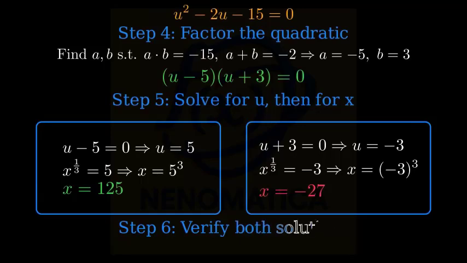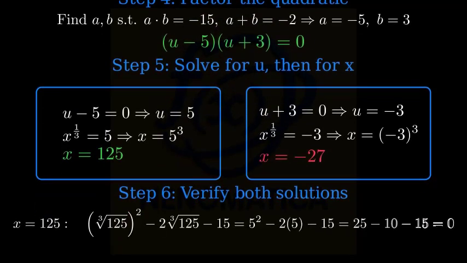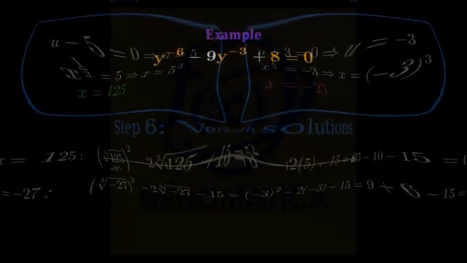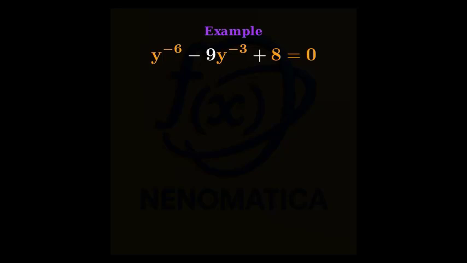Always verify solutions by substitution. Plug in x = 125. The cube root of 125 is 5. 5² - 2·5 - 15 = 0. Plug in x = -27. The cube root of -27 is -3. (-3)² - 2(-3) - 15 = 0. Both check out. We will solve a power equation using the auxiliary or substitution method step by step with clear